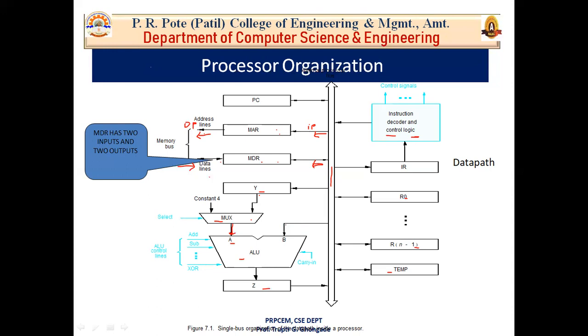So the decoder generates the control signals needed to select the registers involved and direct the transfer of data. Now how does this happen? First, the registers, the arithmetic and logic unit and the interconnecting bus are collectively referred to as the data path. With a few exceptions, an instruction can be executed by performing one or more of the following actions.